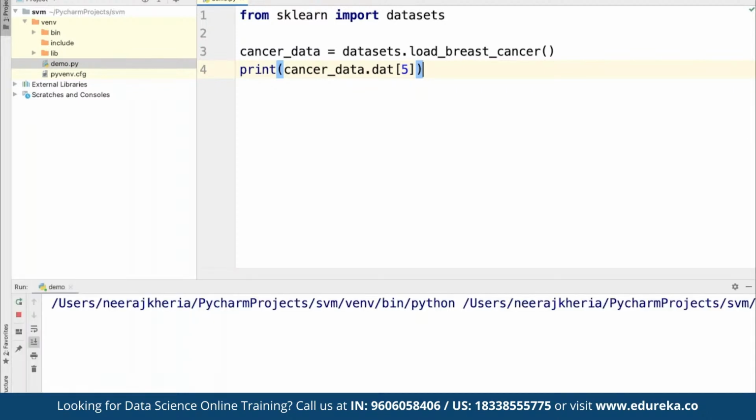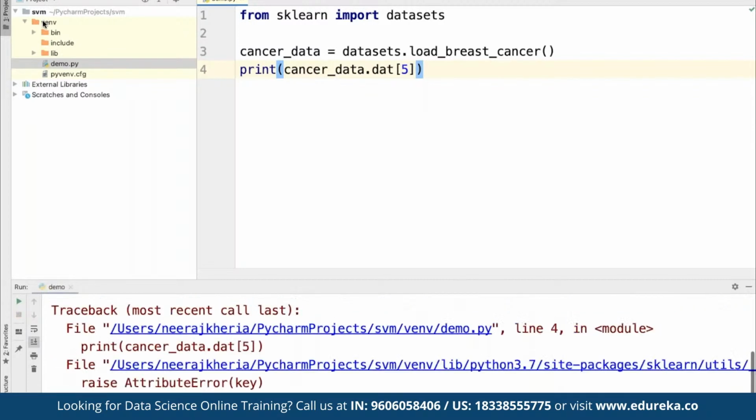As you can see, this is going to update the package, and from there it is going to load the breast cancer dataset, which is available as an inbuilt sample in sklearn. It is going to connect to the server, pull the breast cancer dataset, and print the first 5 rows from that dataset. It may take a while depending upon which dataset we have imported. Before we perform any calculation, let me show you how this looks. In the meantime, while this is getting pulled, we can go ahead and create a new file.